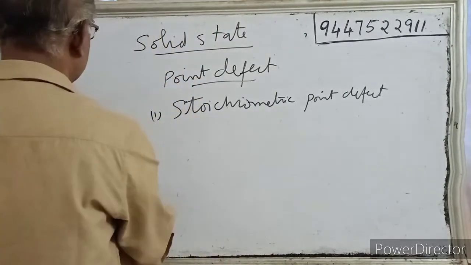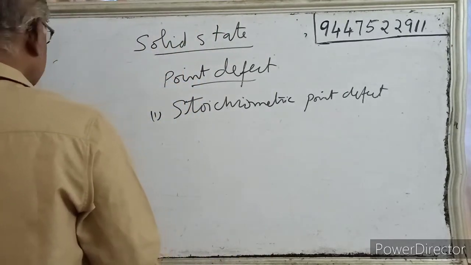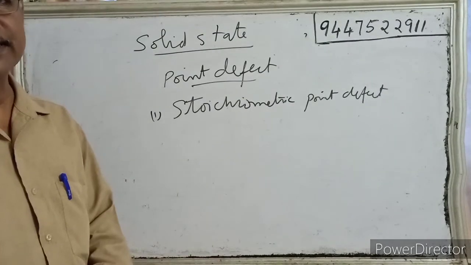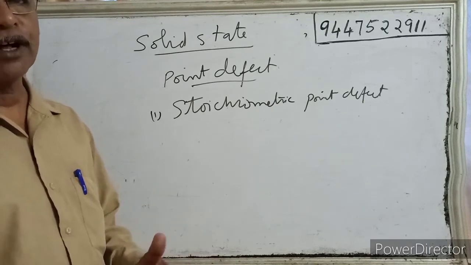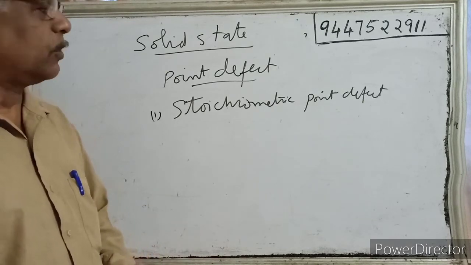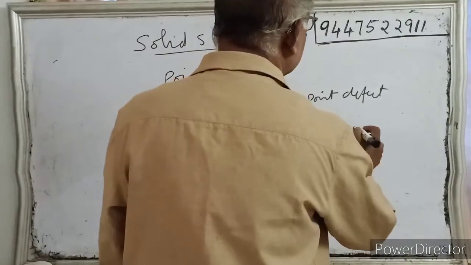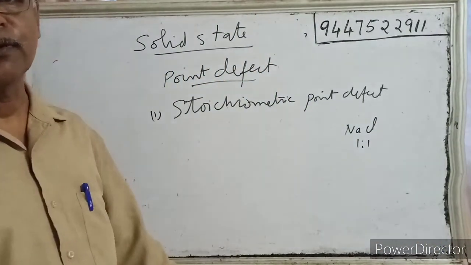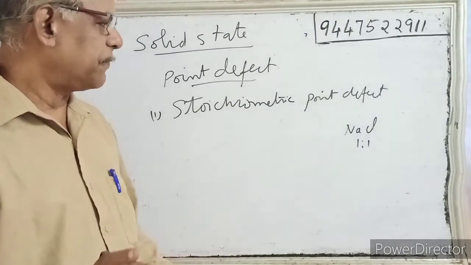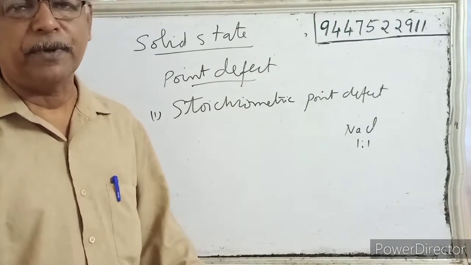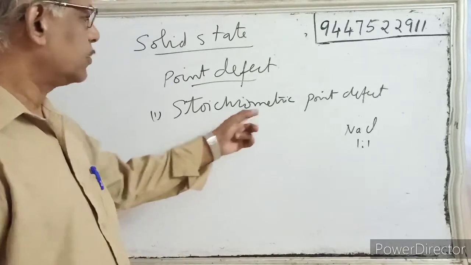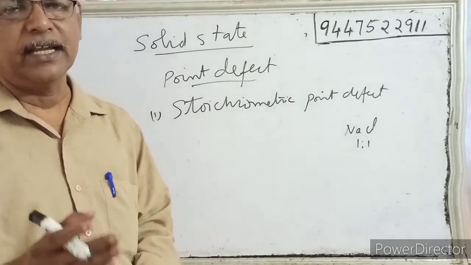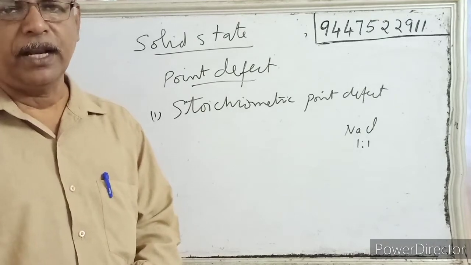Stoichiometric point defects. So first we have to study what is a stoichiometric compound. When you consider sodium chloride, it is a stoichiometric compound, meaning in the formula the ratio of sodium chloride is 1:1, and in the compound also the ratio is 1:1. So if the ratio of the different atoms in the compound and the formula is the same, it is called a stoichiometric compound. But if the ratio between the atoms in the compound is different from the formula, then it is